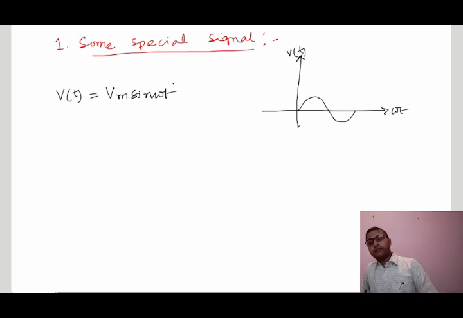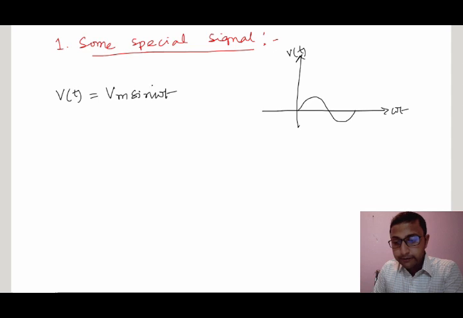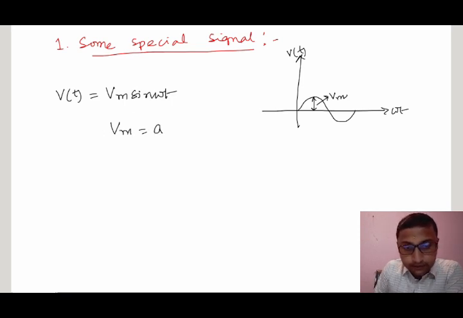Where V is a function of time. Vm means the peak value from the origin to its peak. So this is called Vm. Vm is the amplitude. Where omega t is the argument,